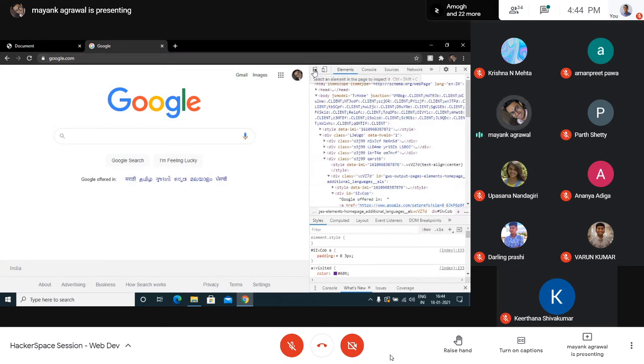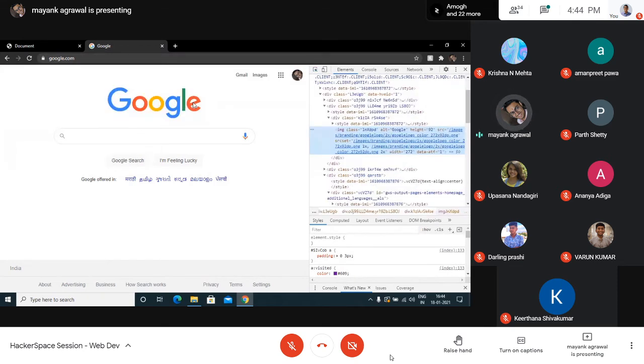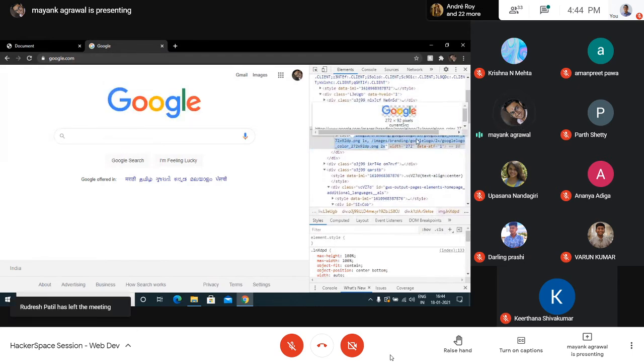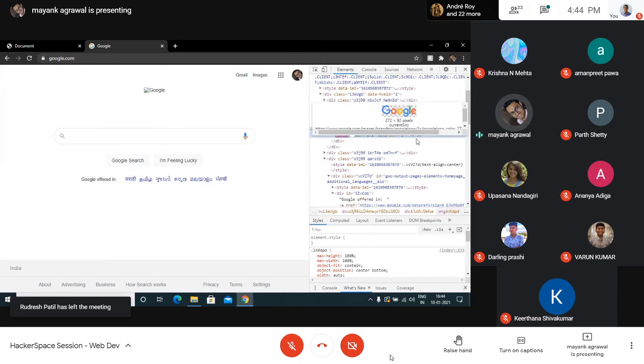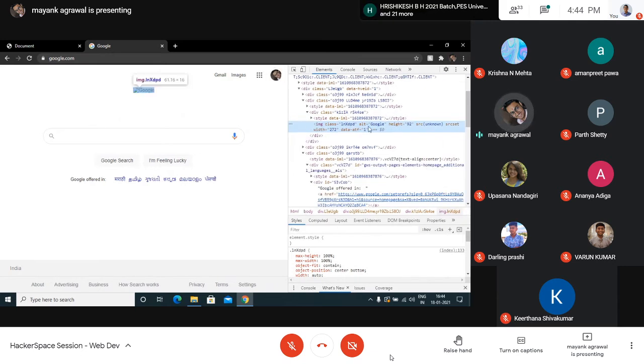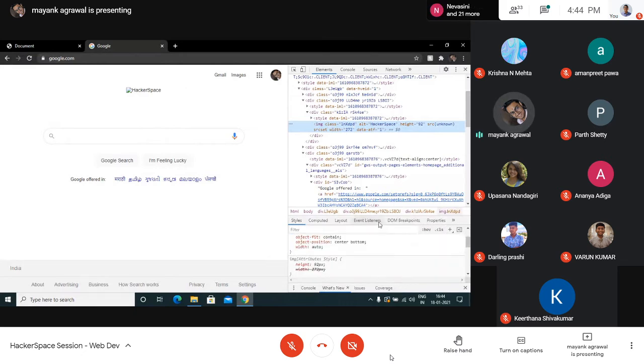And it's kind of the playground that you want when you're building any website, because you want to know what all effects can happen if you are removing something from your website. So first I removed all the image sources that were present over here for that Google logo, so it got removed from there. I can even remove that Google written over there. Instead of that, I can type hacker space, and yeah, hacker space is there. So it's all that kind of thing.